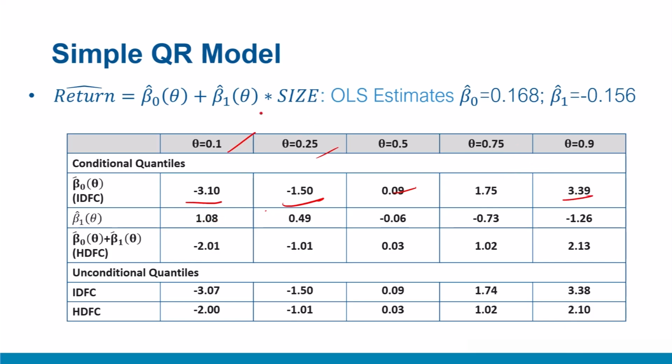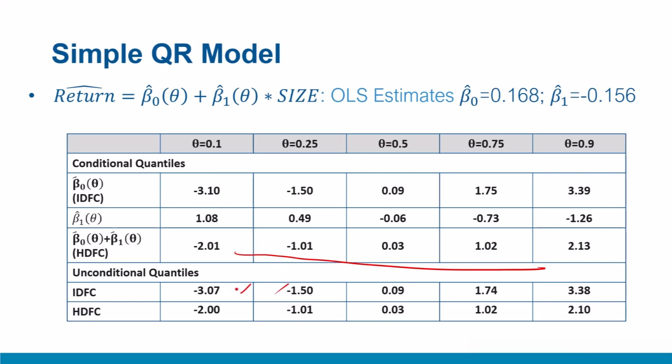The difference between the medians of IDFC and HDFC is this. So if I add this with this, which will become minus 2.01, this is your quantile value for HDFC for the corresponding quantile. Similarly, if I add this and this, it will become my corresponding quantile value for HDFC. So these are the quantile values as per the quantile regression. And without running this regression, if I take them separately and apply the quantile function, R, Python, all of these have these tools, you can apply a quantile package and break them into 10, 25 and so on.